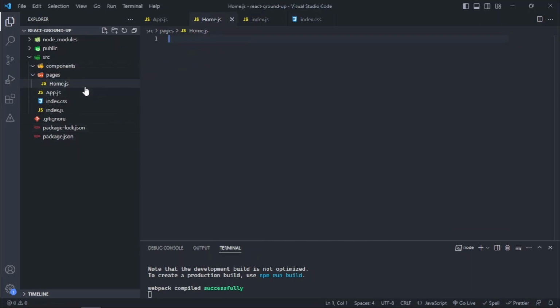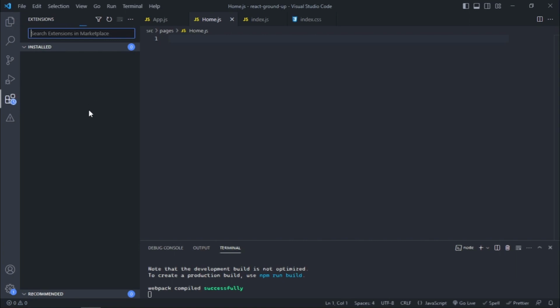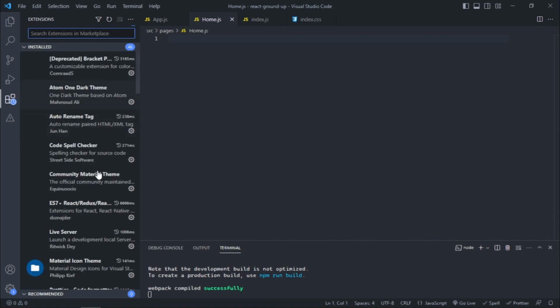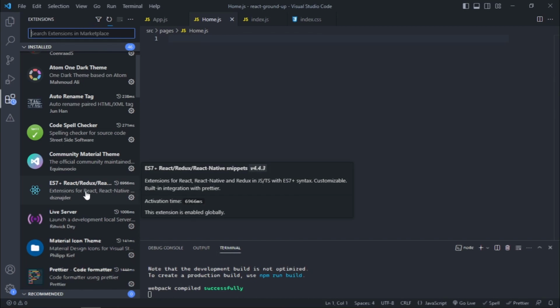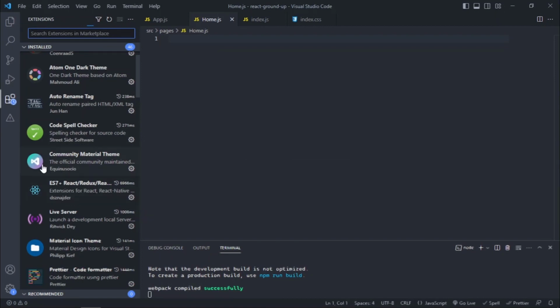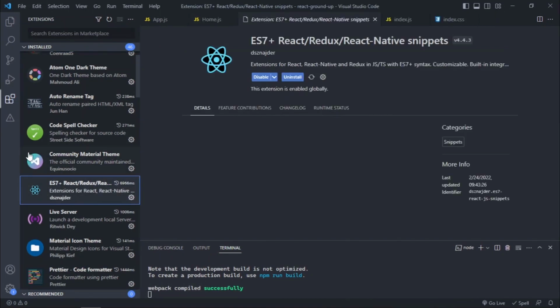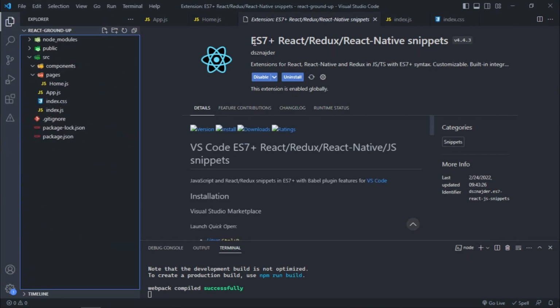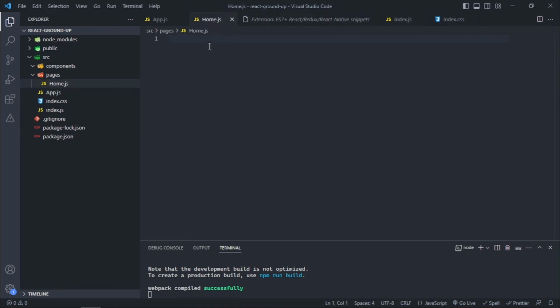So we call it home.js, and with some extensions downloaded. Like if you look at our extensions here, the extensions I use are React, Redux, snippets. This one ES7 React Redux, React native snippets. So with this extension installed, you can use some shortcuts which you are going to be seeing me using. So you need to install that extension, and you are going to be able to follow ahead with some of the shortcuts like that. To create a React component is